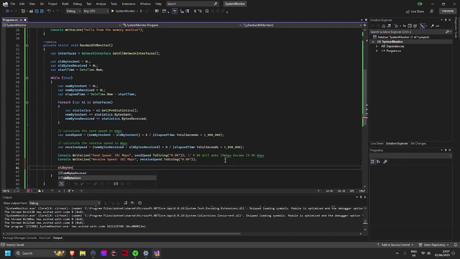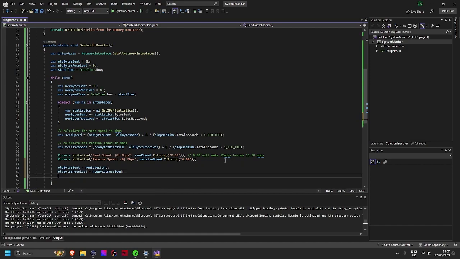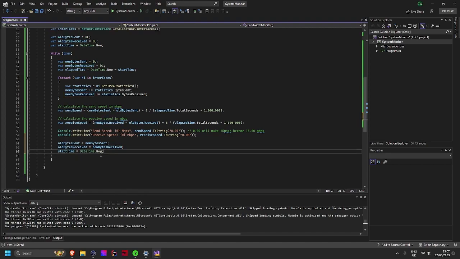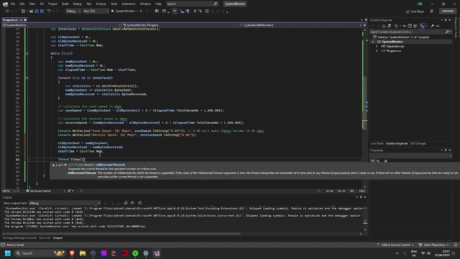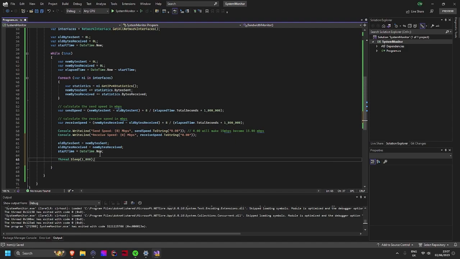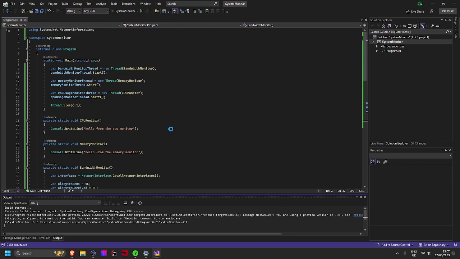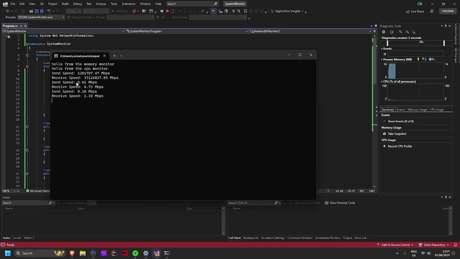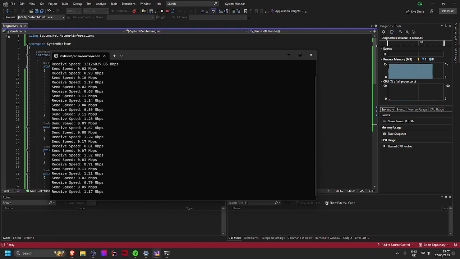So now, once we've done that, old bytes sent equals new bytes sent, old bytes received, new bytes received, and start time equals now. And then we need to add our thread.sleep for 1 second. You don't need the underscore there, but I just add it for clarity. Okay, we run this now. There we go. It will say a weird amount initially, but as you can see,